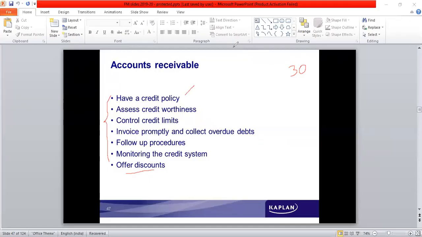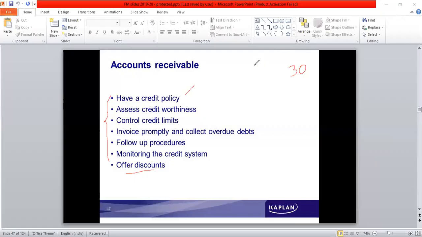Now, for 30 days, they will be troubled on account of non-availability of cash. So during this 30 days period, if they want to collect the amount from the customers, they go in for announcing a